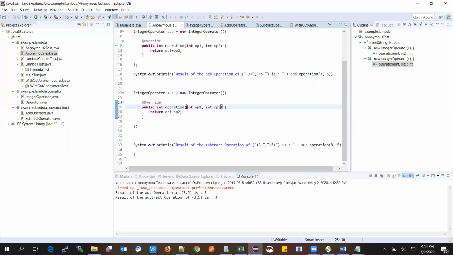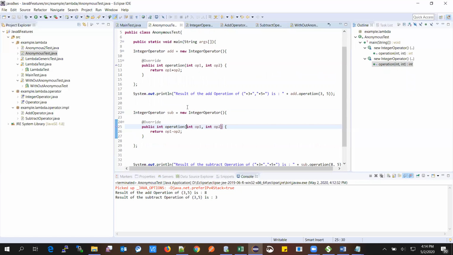It enabled us to pass functionality as a method argument, or code as data. In our day-to-day work, what do we pass to methods?